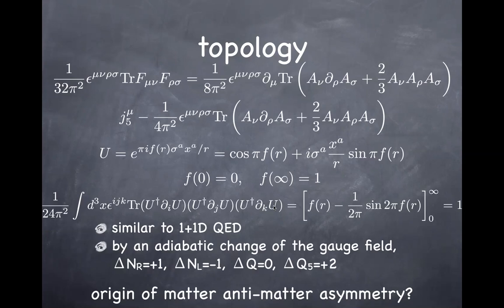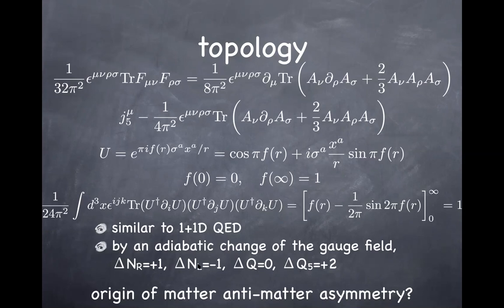Here it's less explicit because I can't work out energy levels in a compact fashion, but nonetheless, you do find the same fact: the amount of change in J5 is given by the amount of change in Chern-Simons, and the amount of change in Chern-Simons under the gauge transformation is given by this expression, which turns into the winding number of the gauge transformation as an integer, and therefore, also in the four-dimensional theory, the number of change in the right-handed particles is